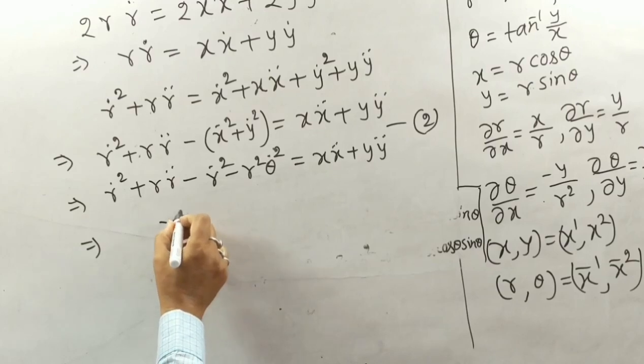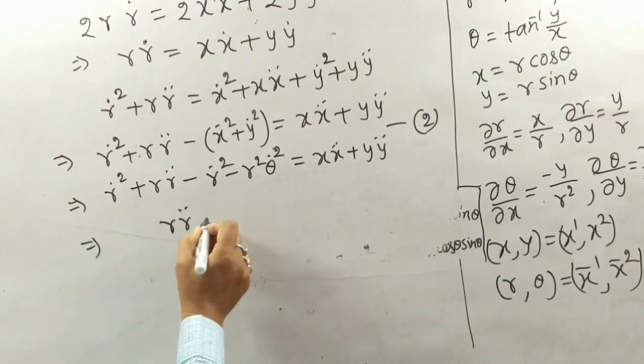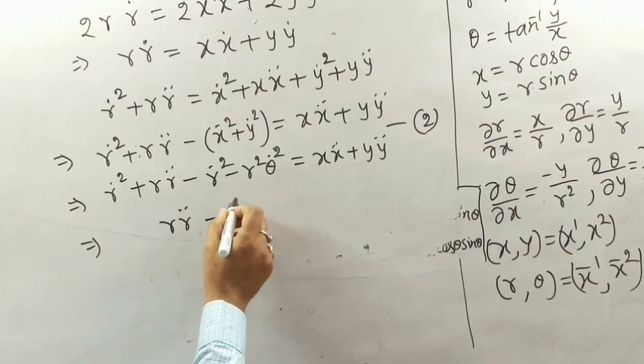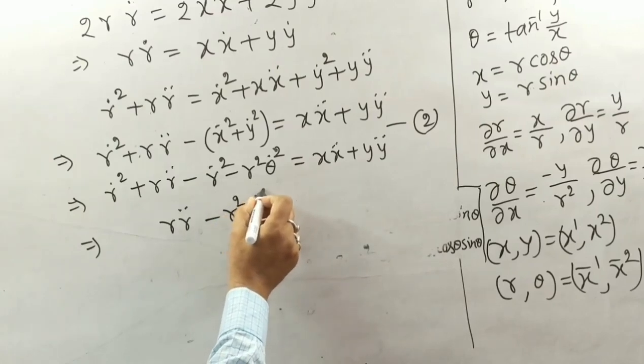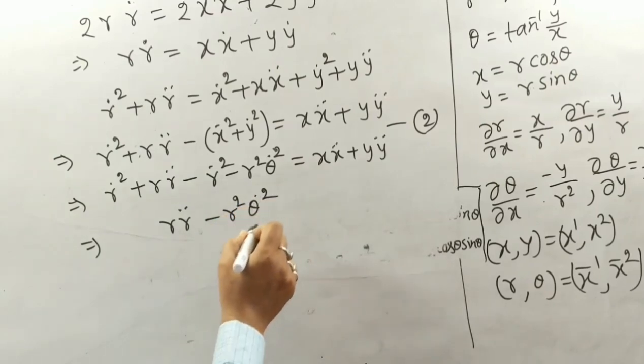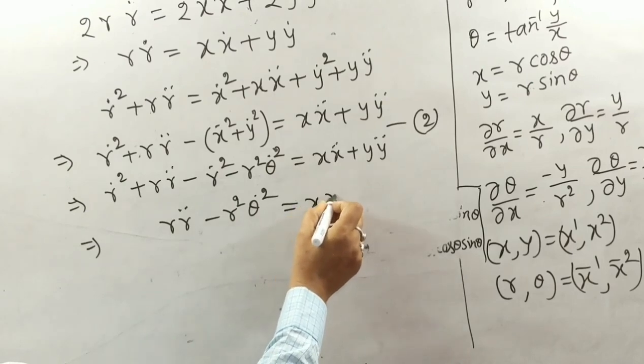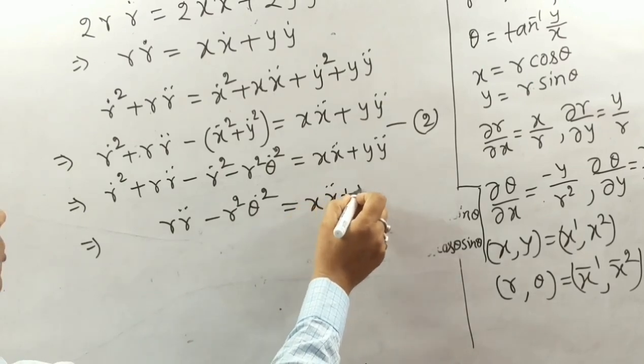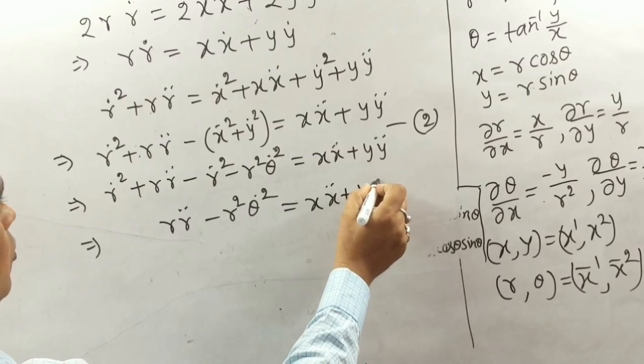So this minus r square theta dot square equal to x double dot plus y double dot,